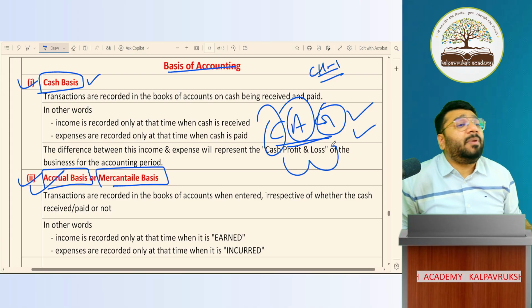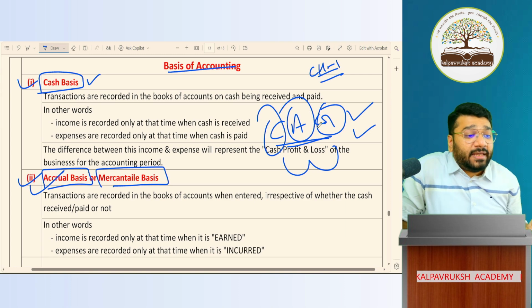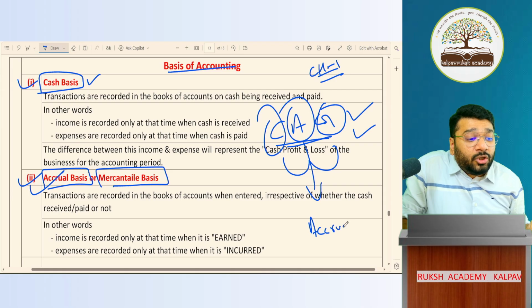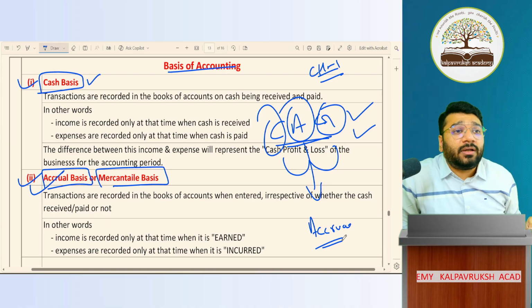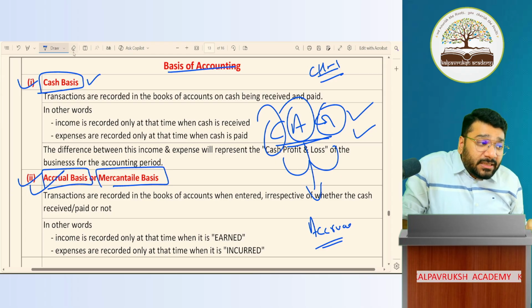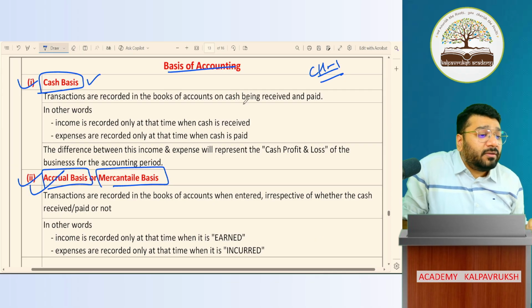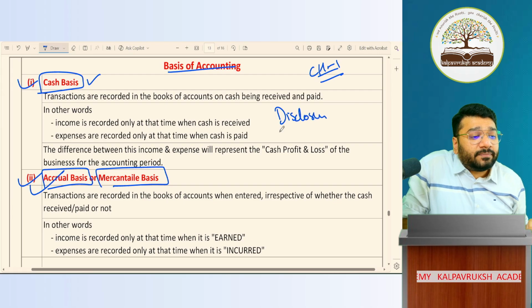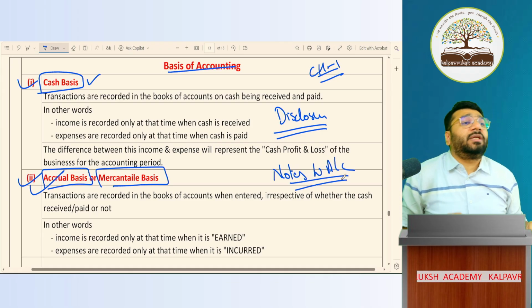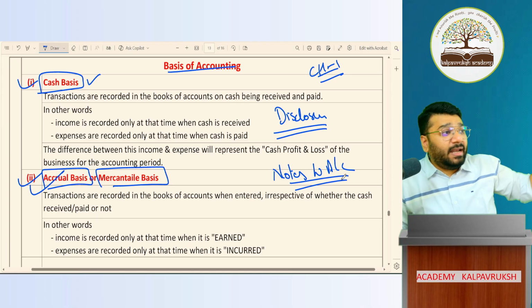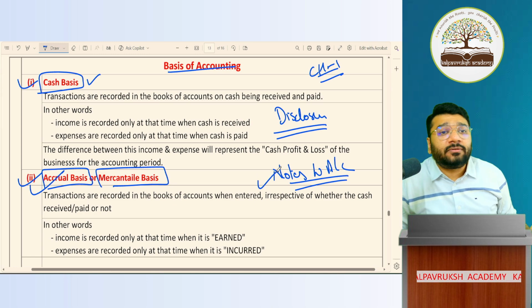These are the 3 assumptions while preparing the financial statement. The financial statement that you're preparing has one assumption, A stands for accrual. Accrual means we are believing that the financial statement that you are preparing is on accrual basis. Got it, not got it? But by chance, if the financial statement that you're preparing is not on accrual basis, then what are you supposed to do? You're supposed to give a disclosure in the notes to accounts that while preparing this financial statement, I have not followed accrual basis, I have followed cash basis. Like that, you have to give a disclosure.